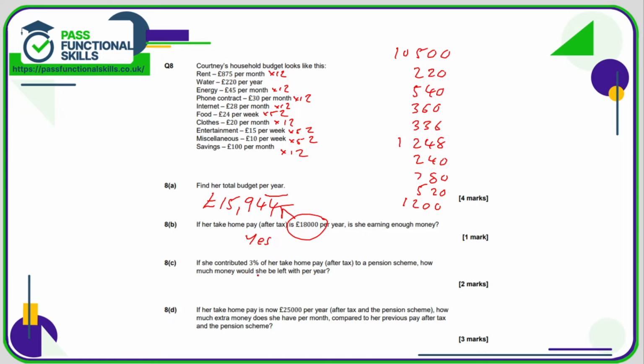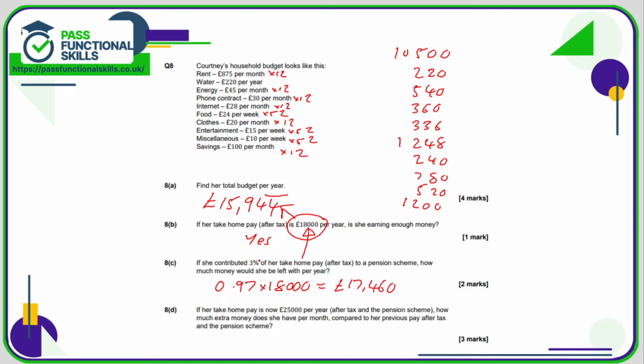Now if she contributed 3% of her take-home salary, and remember her take-home pay is £18,000 per year, she's contributing 3% to a pension scheme, how much money would she be left with per year? Well, if she's donating 3% to her pension, then that means she's got 97% of the rest. So what is 97% of 18,000? That's 0.97 multiplied by 18,000, and that comes to a total of